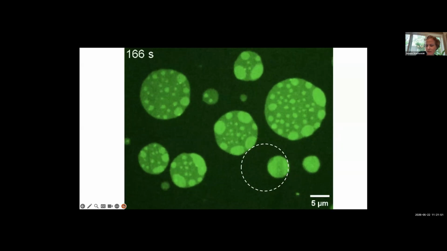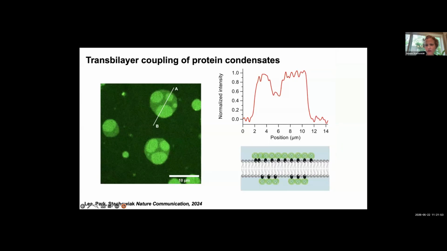And if you analyze these intensities, you can convince yourself that what's going on is that we have some kind of coupling or colocalization between condensates on the two sides of the membrane. That double bright phase is about twice as bright as the intermediate phase. So what this movie suggests is that protein condensates on opposite sides of the membrane somehow are aware of one another, even though they are not transmembrane proteins in any way. And somehow being aware of one another, they want to be in the same place, which is very strange and